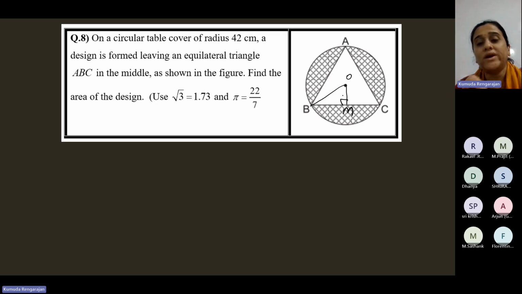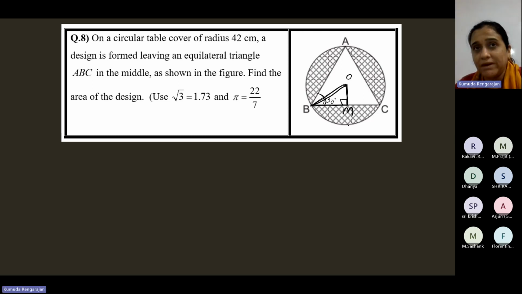O is the incenter as well as the circumcenter. Now we treat O as the incenter. When you join the incenter to the vertex B, this line segment is the bisector of this angle. So this becomes 30 degrees, because in the equilateral triangle each angle is 60 degrees, and when it's bisected, 30 degrees. Now in this right triangle,